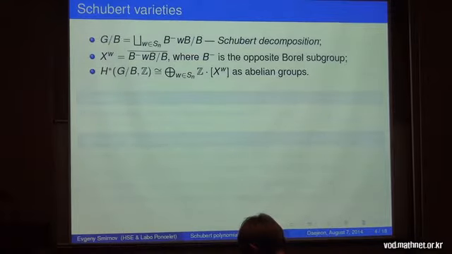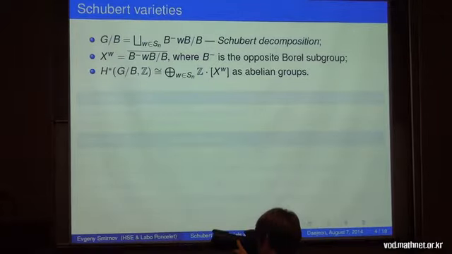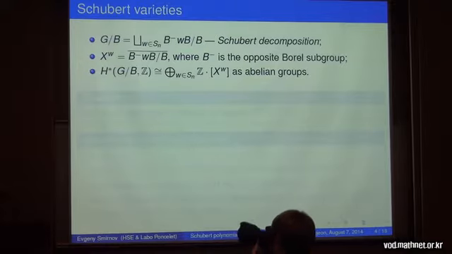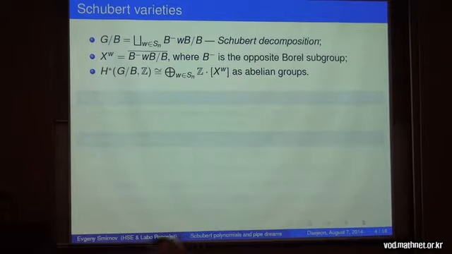So their geometry is not very interesting, but things become interesting once you take the closure of each of them. Those are denoted X_w, and they are called Schubert varieties. They have many nice properties. They were studied for the last 150 years, something like that, for the purposes of enumerative geometry. One important property of Schubert varieties is that their classes span the cohomology ring of the full flag variety. Okay, so we have two presentations.